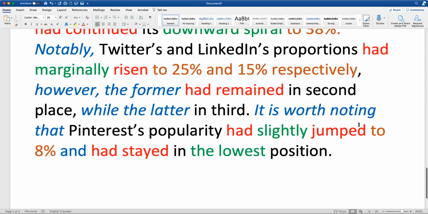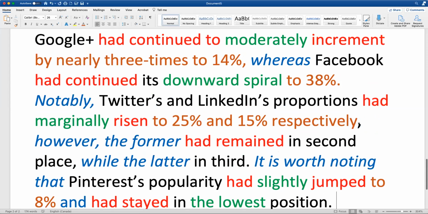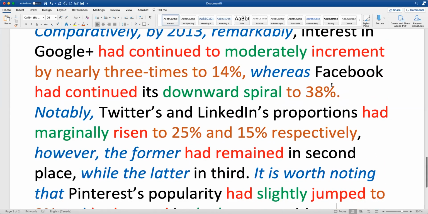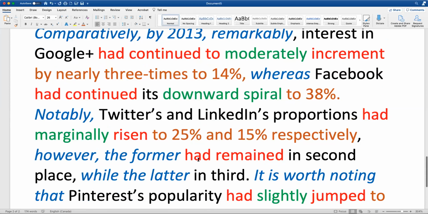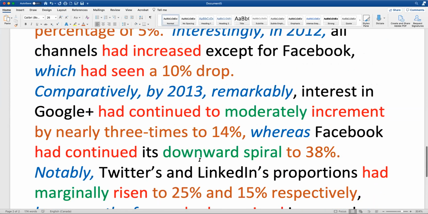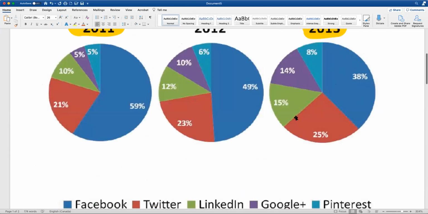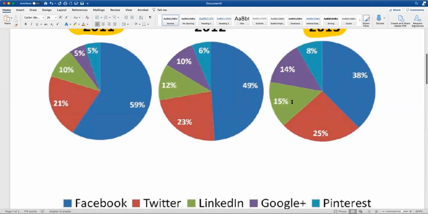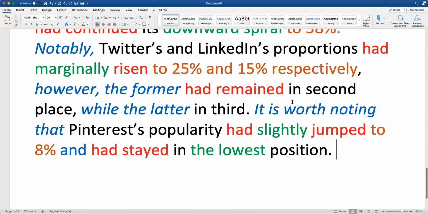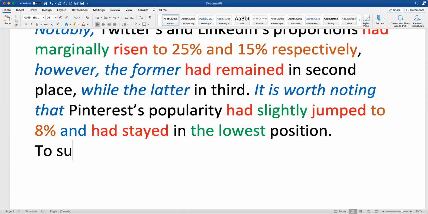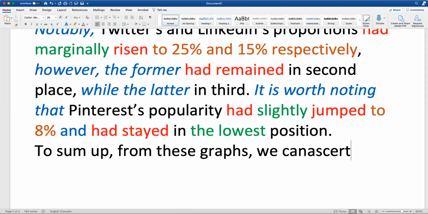All right, so in this paragraph, we looked at the changes that took place by 2013, the changes that happened. All right. Now, we are going to write our concluding sentence. To sum up, from these graphs, we can ascertain that